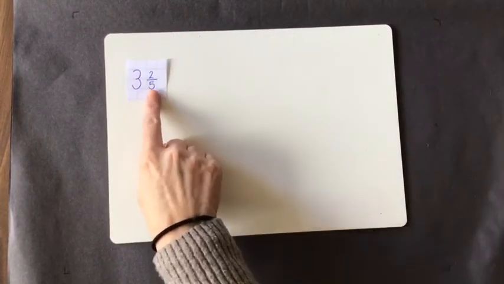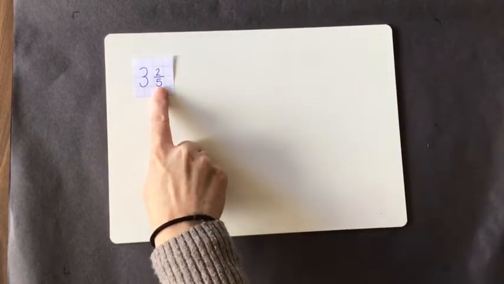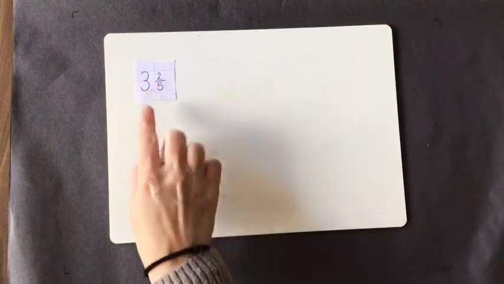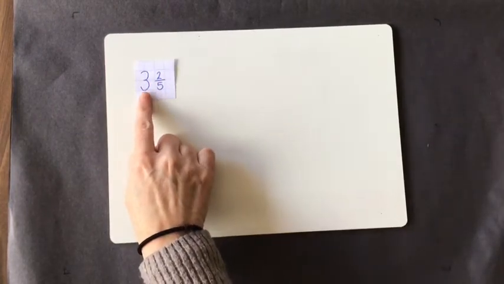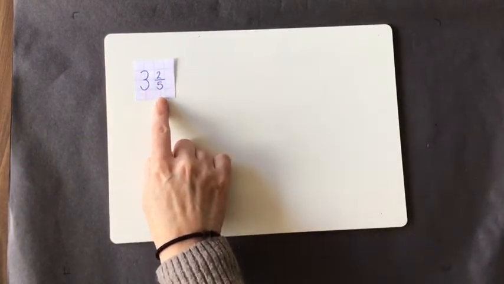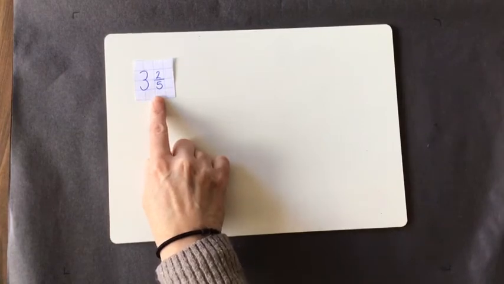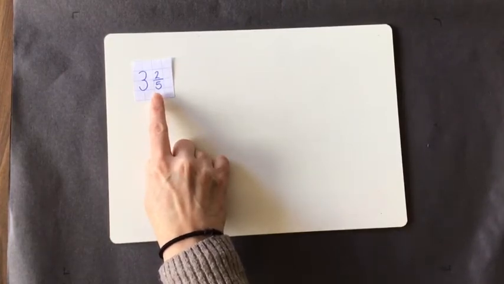Last time we converted improper fractions into mixed numbers. Today we're going to look at turning mixed numbers into improper fractions. So we're going to do the calculation the other way around. So here's our mixed number. We've got 3 2/5. Now there's a process that we can carry out to convert this into an improper fraction,